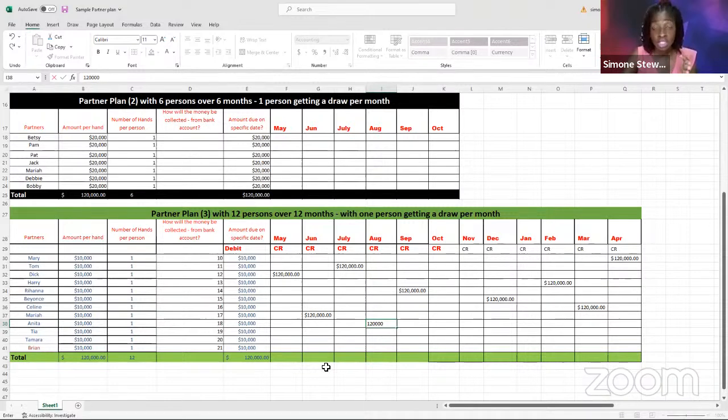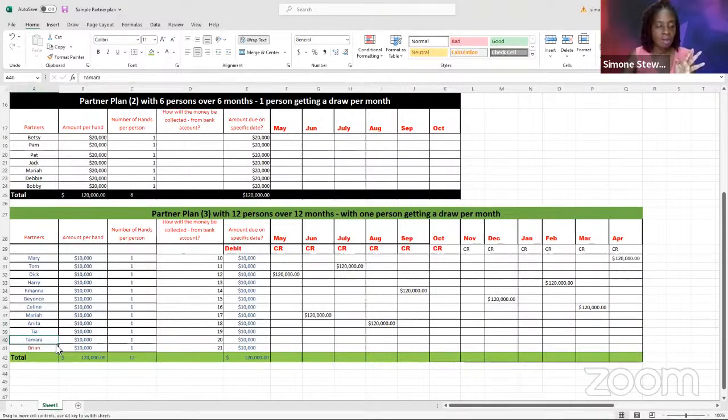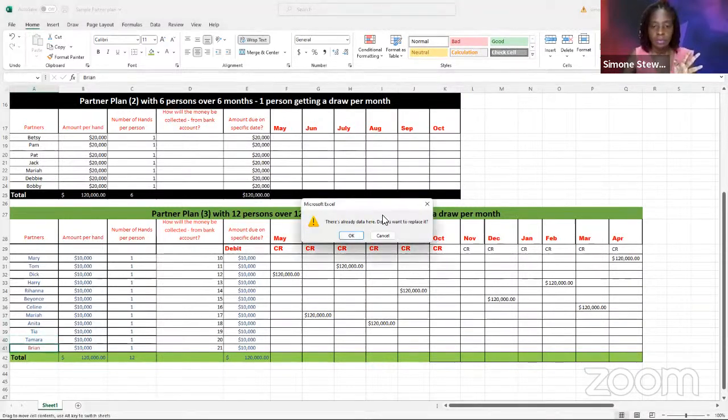You want to have a conversation with each person so that there is no overlapping, because if you have an overlap, you have problems, right? I will show you shortly how we can do it. So we have two persons getting a draw, but for right now, we are doing it with one person getting a draw each month. So we still have Brian, and Brian has not yet gotten,